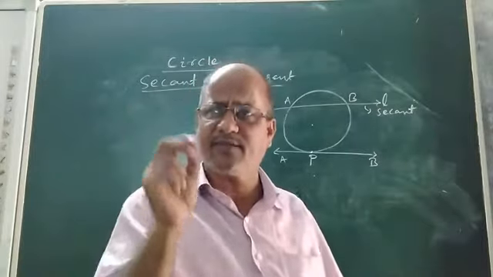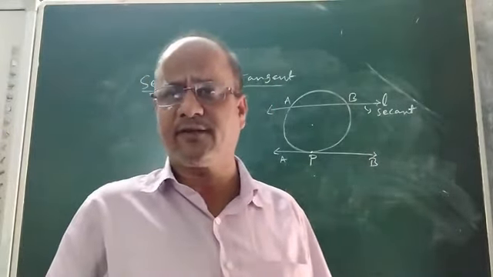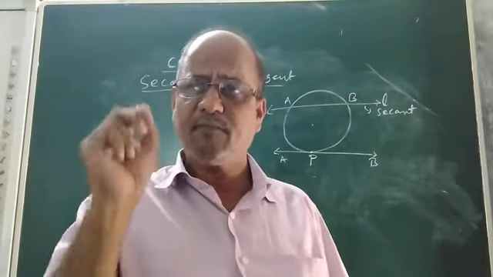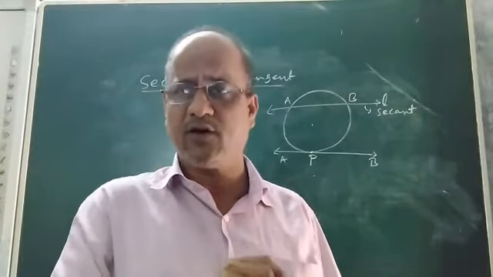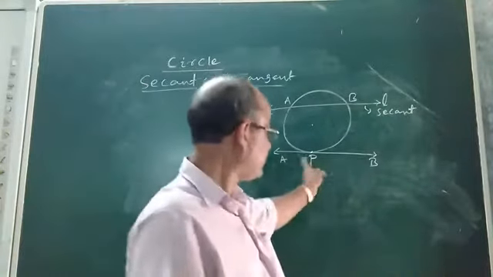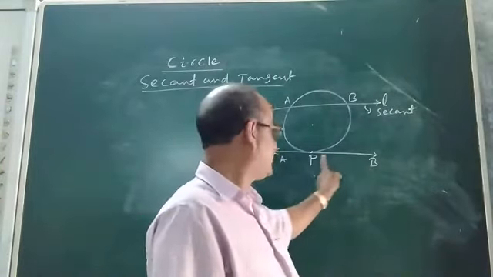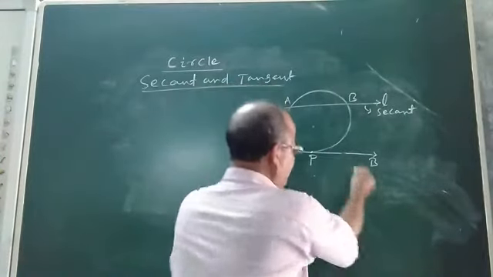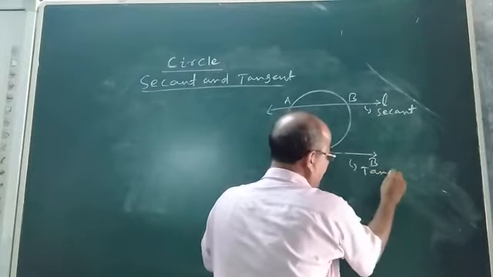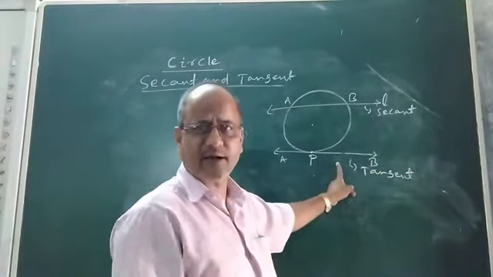Now, we will discuss basically some properties of tangent. Let us discuss the first property of tangent today, which is given by means of theorem 10.1 in your book. So, what is the statement of theorem 10.1? Look at one more thing. This tangent line, as I just told you, touches the circle exactly in 1 point.